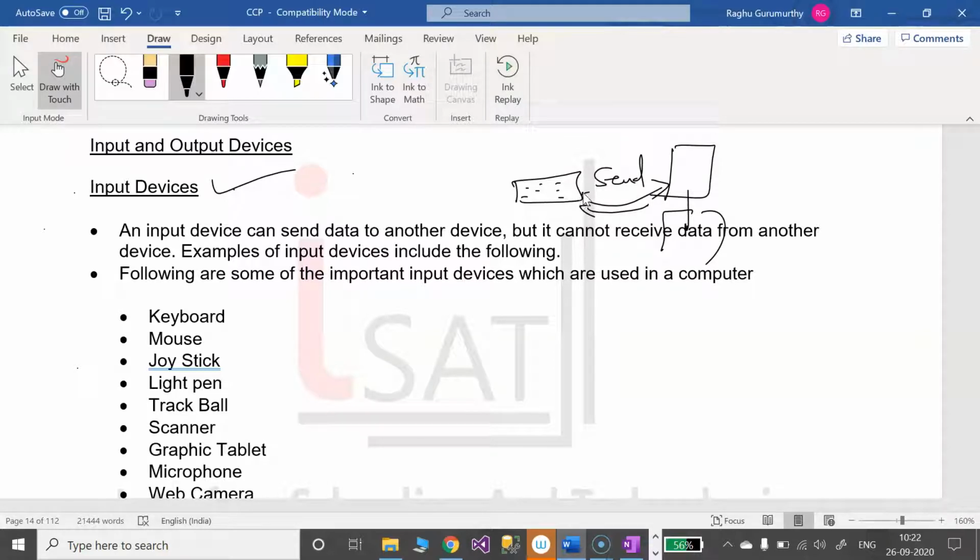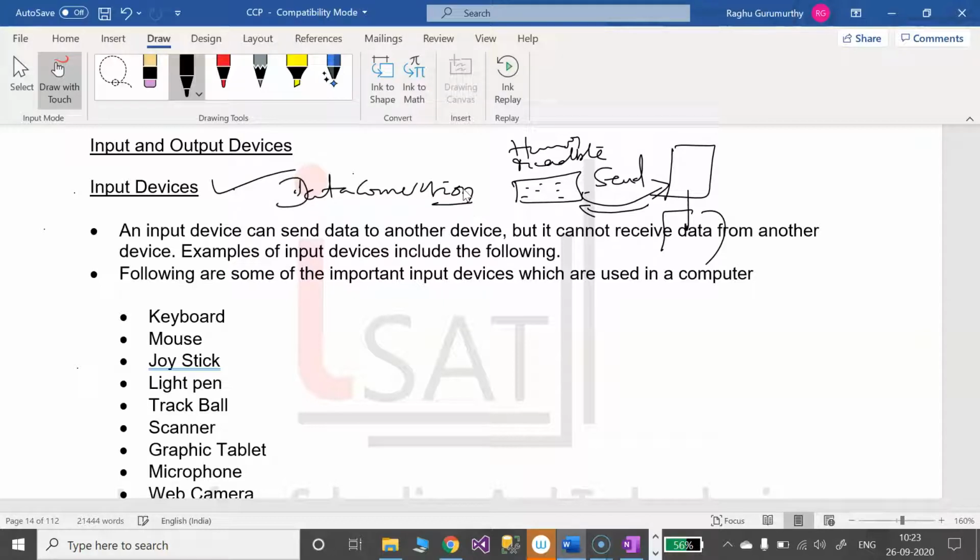See, we need to know one thing. While sending data to the computer, we are sending data in human readable format. I mean to say, we know what exactly we are sending to the computer, but the computer can't understand. The input devices convert human readable data to machine dependent data and send it to the machine. That's how the conversion happens with respect to input devices. We may call it data conversion.